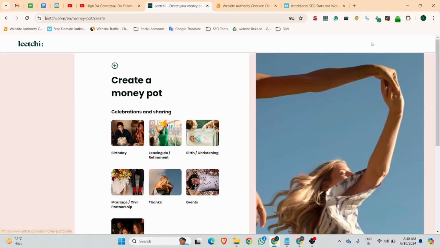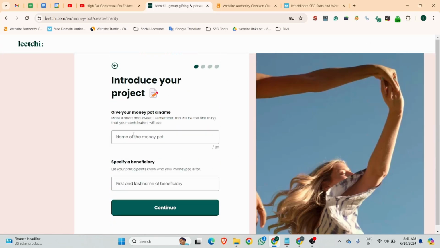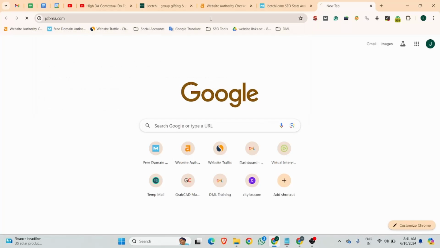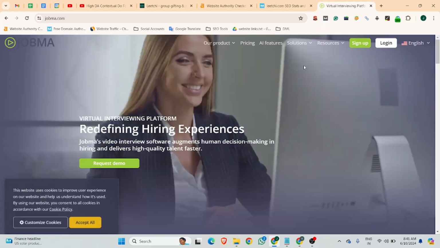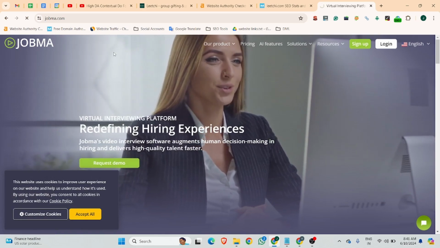Let me go again to create a money post. Let me connect this, and there you can add, and also you can create your social bookmarking backlink on that website. Okay, so for social bookmarking, which things should we consider? Suppose for the social bookmarking, the website is Jobma, and I am going to do social bookmarking for the one-way page.